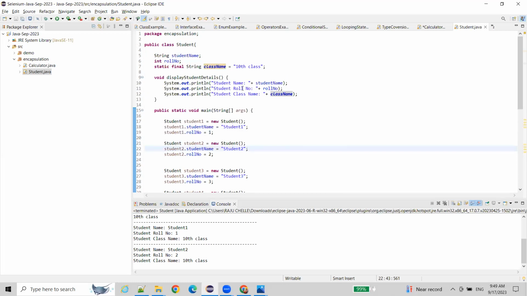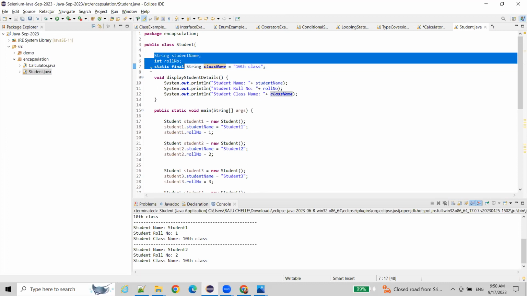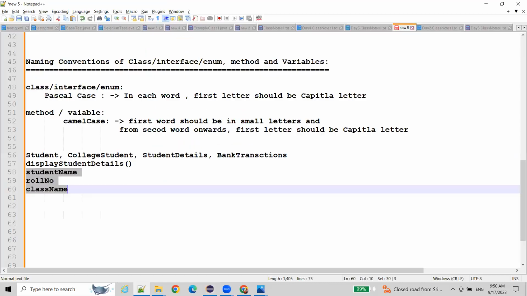In that case, how can he understand whether it is a normal variable or a final variable? To differentiate normal variables and final variables, we have to follow one rule. Whatever you write, that you should write in capital letters. Suppose you are writing class name,